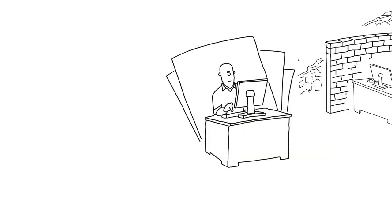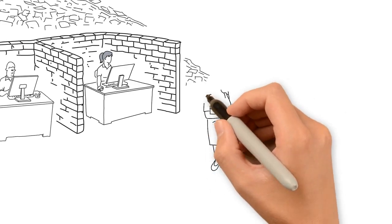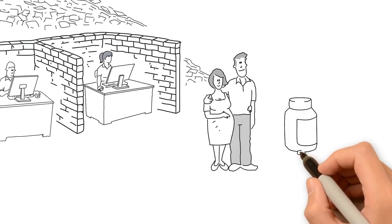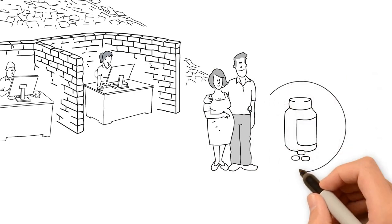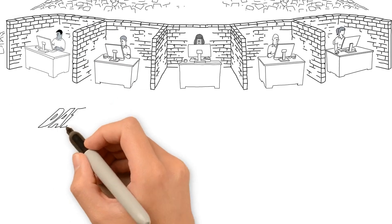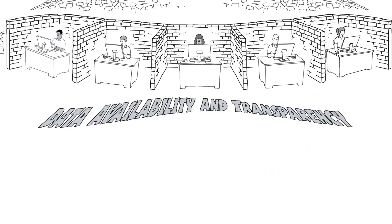The tax system is now much easier because the tax office can pre-fill some of your information. We now know not to use some medications during pregnancy, thanks to the research that linked the medications to birth defects in newborn children. To make these discoveries happen more readily, the government is working on new data availability and